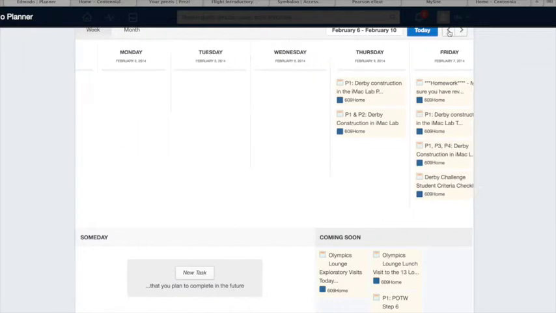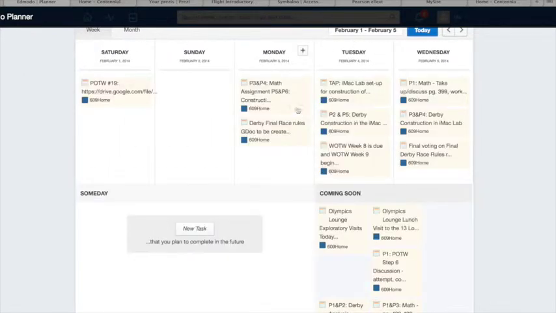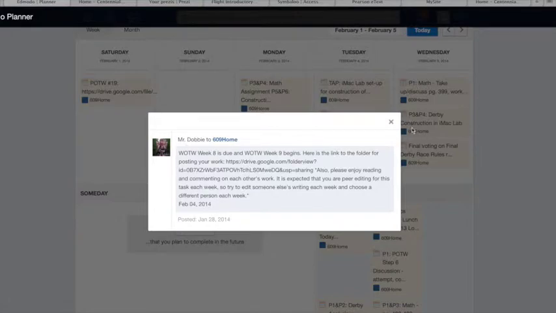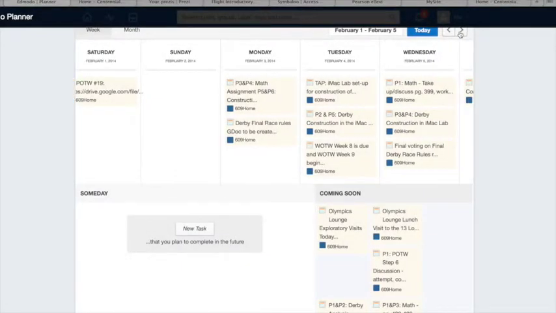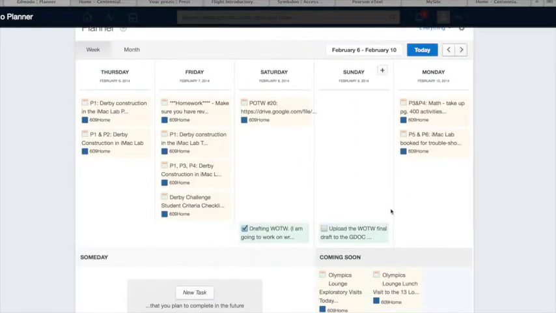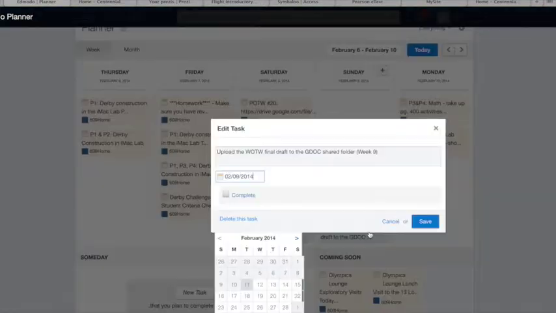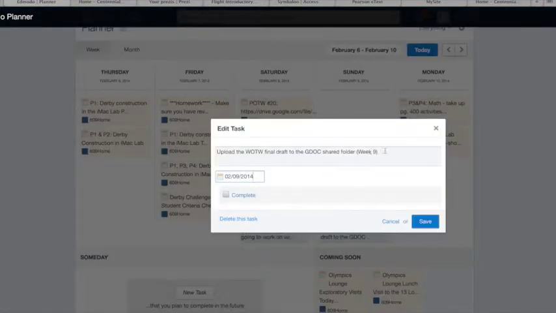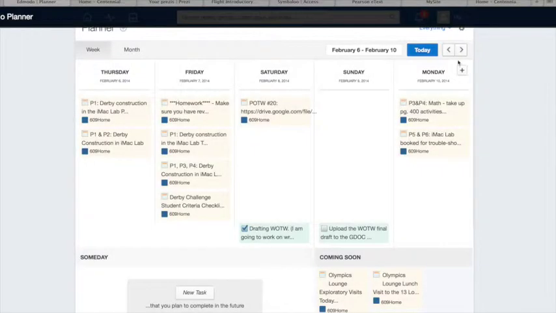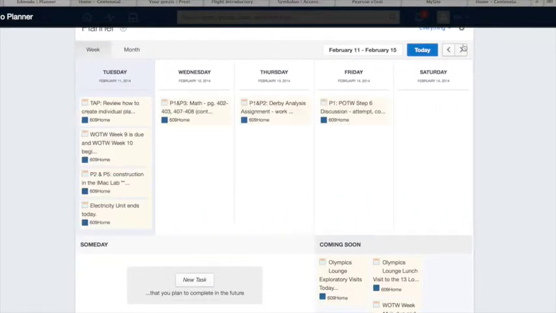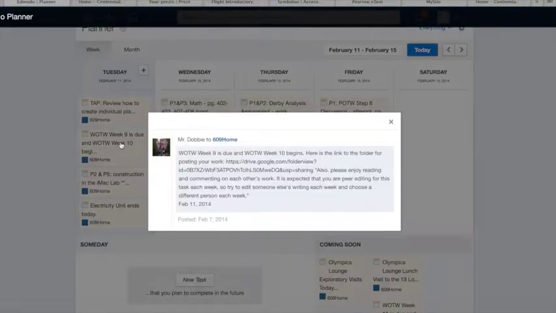So where can I check it? If I go back and look, okay, so week 9. Week 8 was due at that day, so that means this is week 9. So that means on Sunday when I'm updating my WOTW, I'm going to be sending it to the week 9 area. Now another thing that you could do to make your life a little bit easier too is to go to WOTW and grab this shared folder link